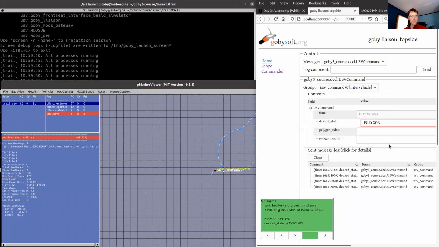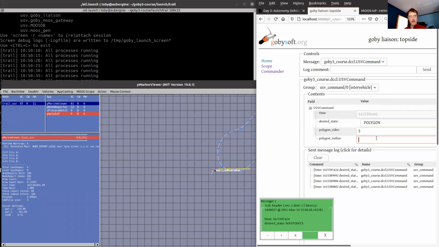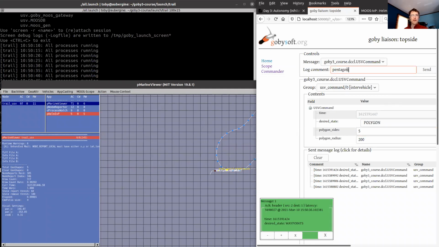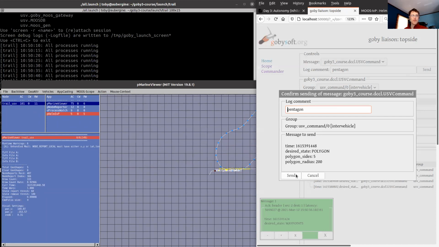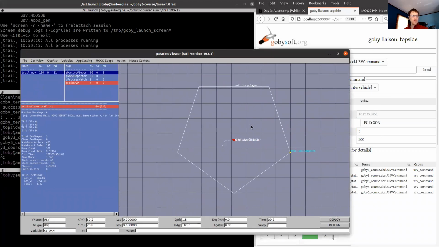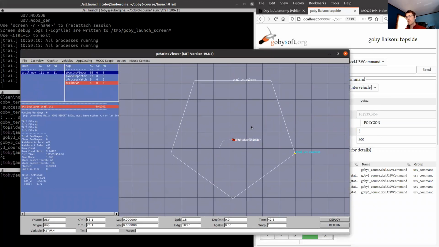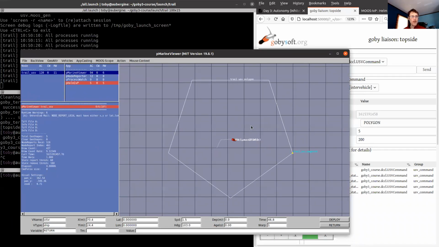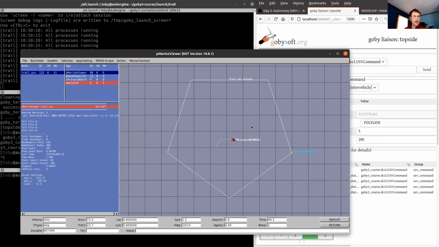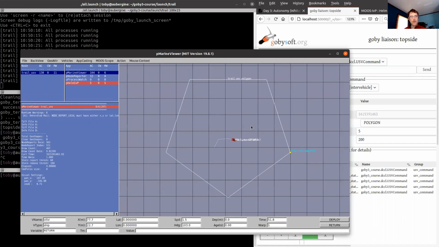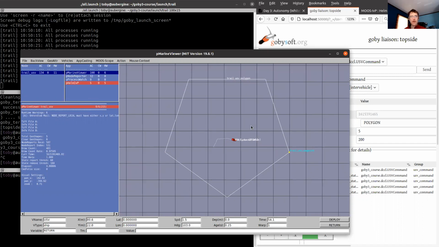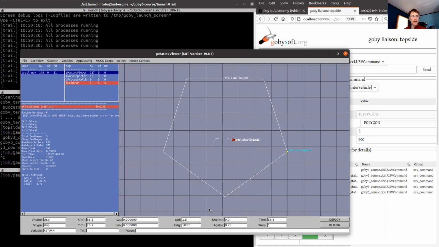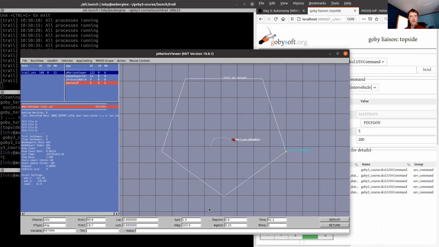And if I were to send the polygon command with, say, make it a pentagon, 200-meter radius, I send that, and then we get our vehicle going on a pentagon pattern. And so that ties together the last piece there, the command message that you sent yesterday, into actually making the vehicle do something differently. And after this lecture, I'll push the code that I've got here to post lecture 3. So if you want to take a look at it again at your leisure and start the homework.